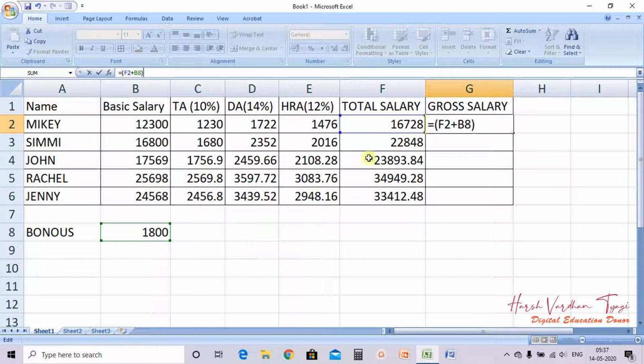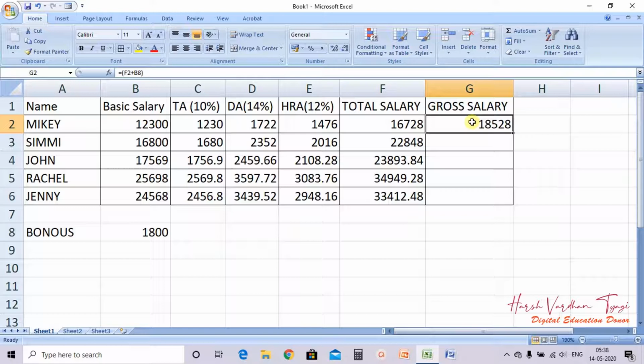Clear? Gross salary, what we have done, we have calculated the sum of total salary, that is this cell reference F2, and then bonus 1800, it is the same for all, B8, and enter. So this is the gross salary this employee will get.